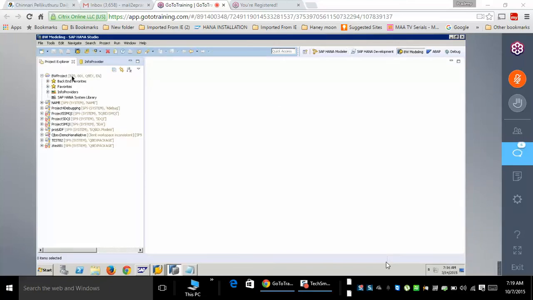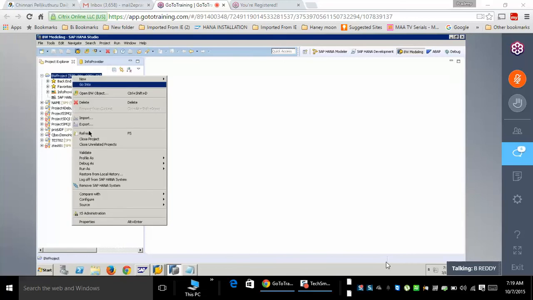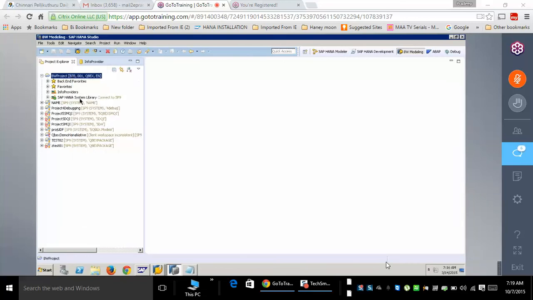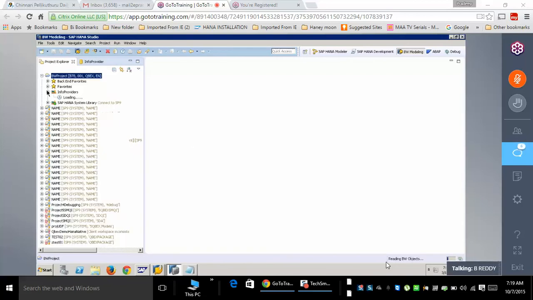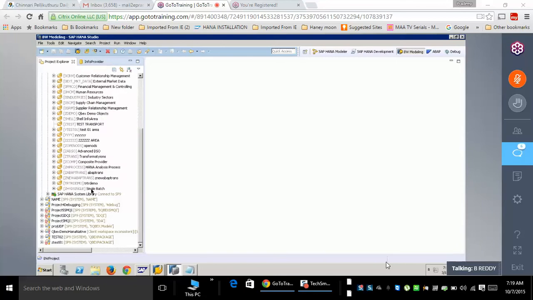Okay, if I'm not connecting to the system, this was gray, so I just connected to my HANA system also. Now let me expand the info providers. Mine was single batch, and I use this info area to create all my Open ODS views. The first example,